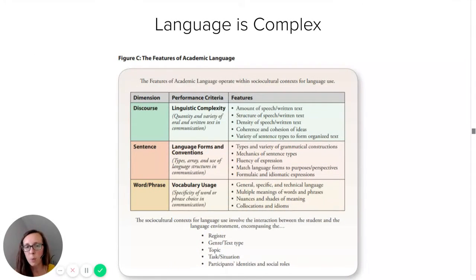So I guess my point about language and these different levels of academic language and social language is that language is complex. And when we're working with students, let's not just focus in on the specific words or phrases, the vocabulary that they need to know, but let's think through the sentences and then the discourse. How do we encourage students to use the words and phrases as they're speaking?